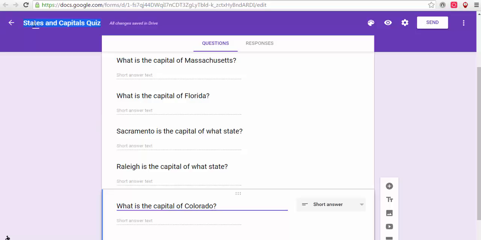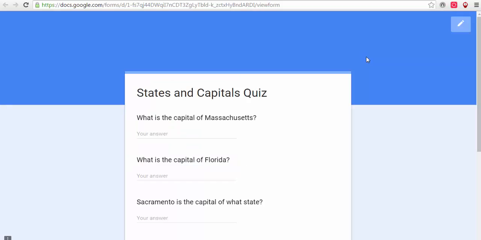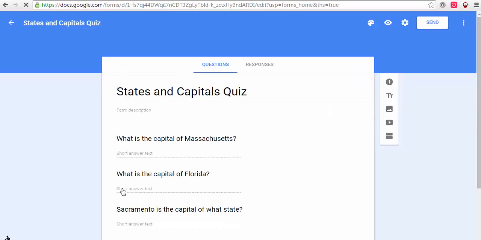Okay, and I'm just going to title my form. And since the color I've chosen to represent my higher level learners is blue, I'm going to select that from the color palette. And I can also just preview it if I want by clicking the eye. And there it is. So to modify this or differentiate the assessment based on student level or learning needs, I'm going to actually just make a copy